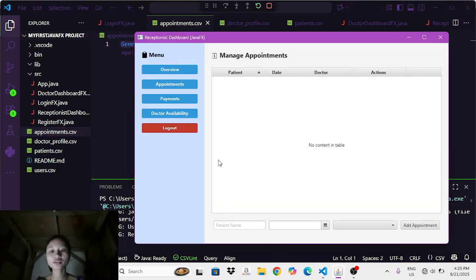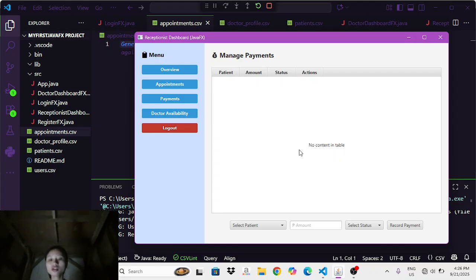Moving on, the payment module allows us to record and manage patient payments. The table here shows all recorded payments. Notice that the patient drop-down menu is pre-populated with patient names from appointments.